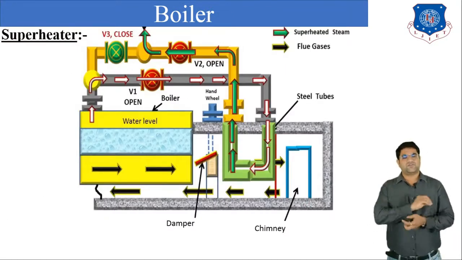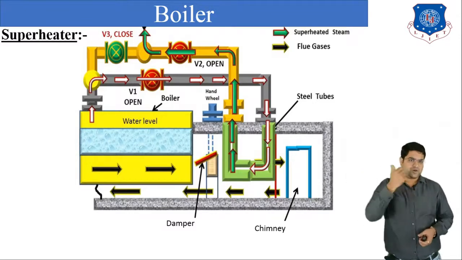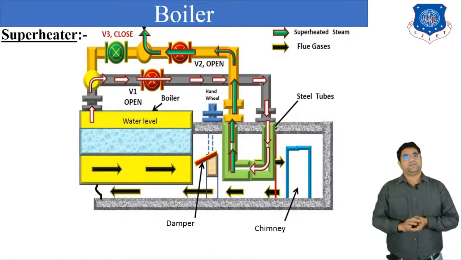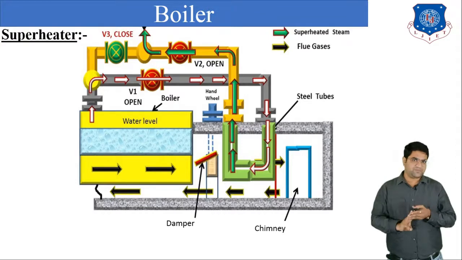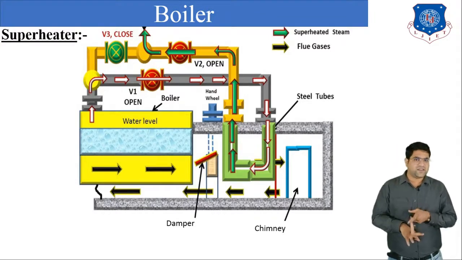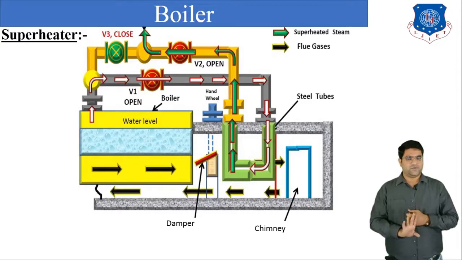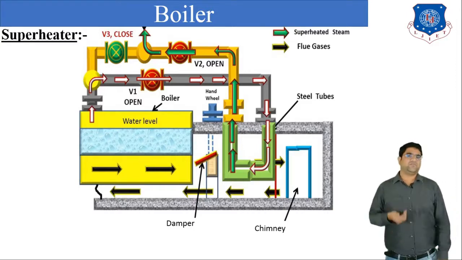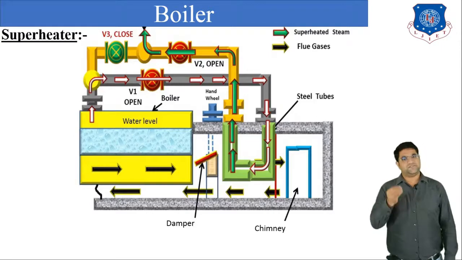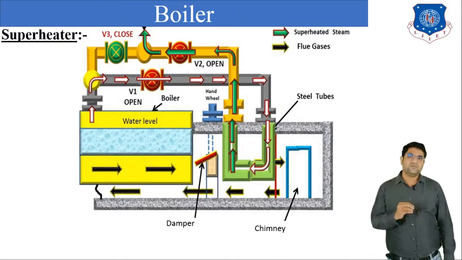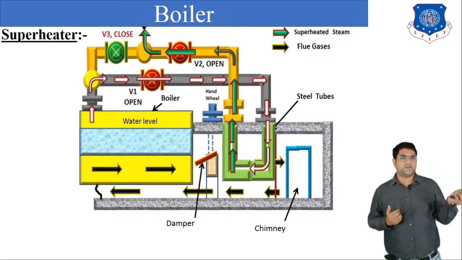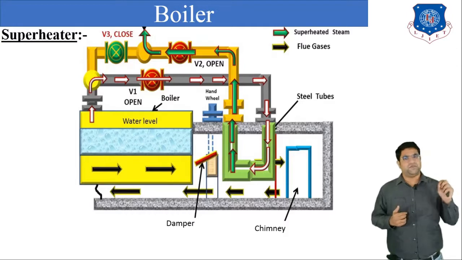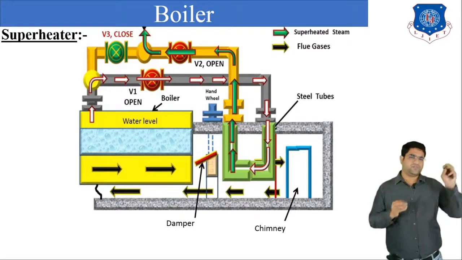First of all, we know that when we heat up water, steam is generated, and from our basic knowledge of the properties of steam, we can say that steam is of three types. First is wet steam, second is dry steam, and third is superheated steam. When we heat up the water, the first steam generated is wet steam. Now we cannot supply this wet steam to the turbine, because if we do, wear and tear of the turbine blades occurs. So it is not economical to provide wet steam to the turbine.